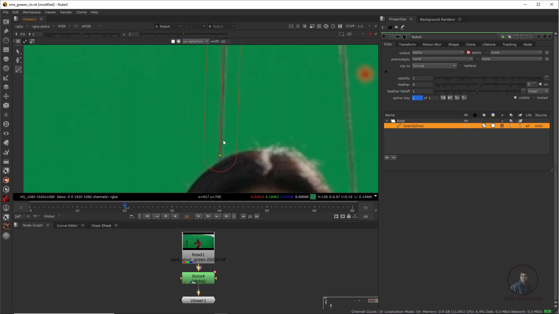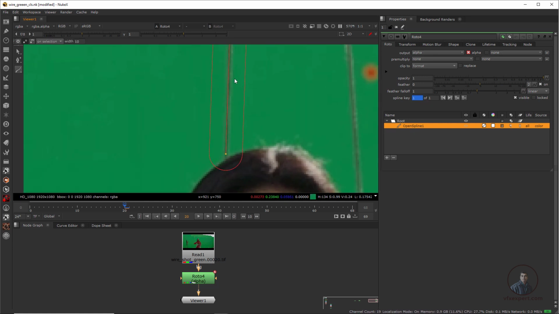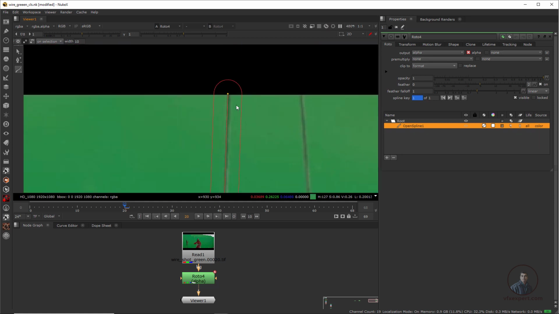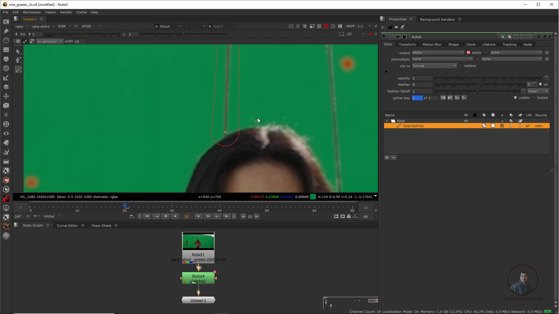Now I am going to place it here. First we have to place it, so we can easily place it. As you click on this point, you will get this handle. With the help of this handle, you can adjust this expansion area. According to your wire, we have to adjust.